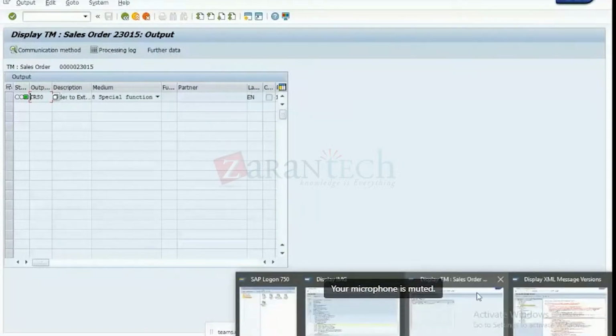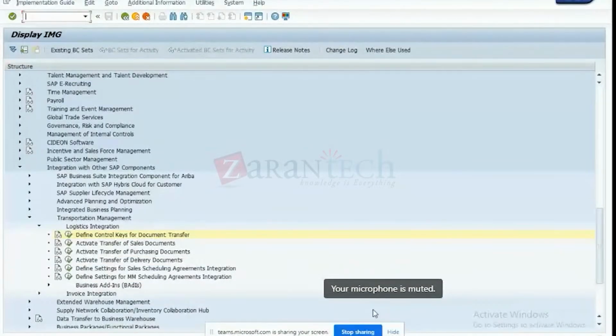Okay. So in order to set up the output type, basically you need to first of all maintain the condition table, because within the condition table, you are actually specifying the combination of fields for which you want to create your output condition record, right? So that is the meaning of condition table. In order to maintain the condition table, what you have to do,